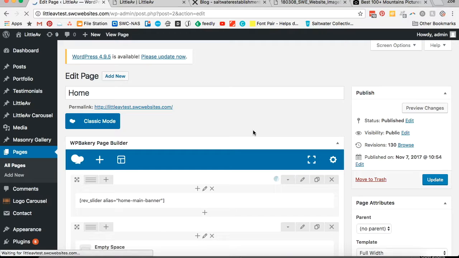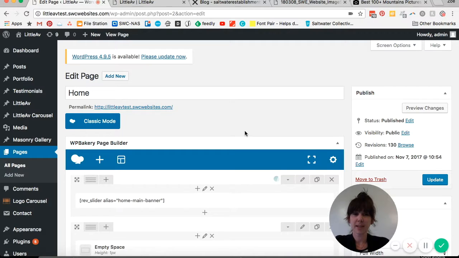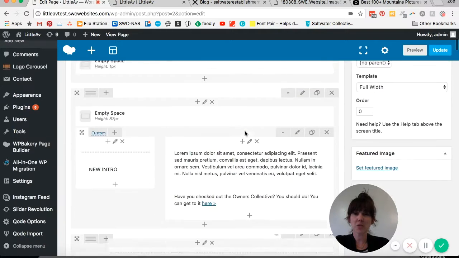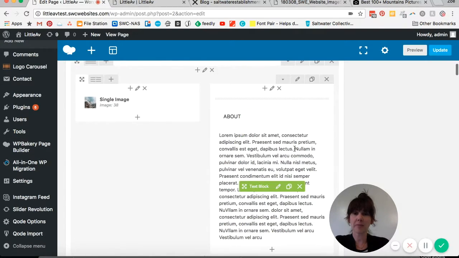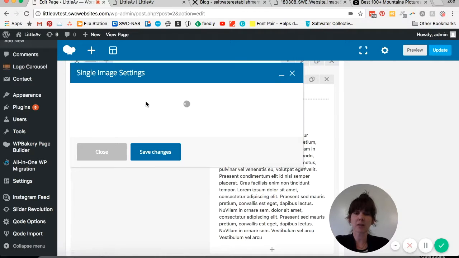Here we are. Now it's loaded. We're just going to scroll down until we find that area here. So here's our About section, and today we want to update this image here. In the same way that we updated the text, once you hover over the image area, we can click on this little pencil icon,